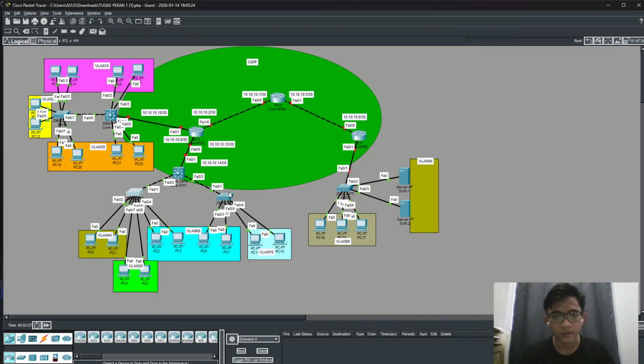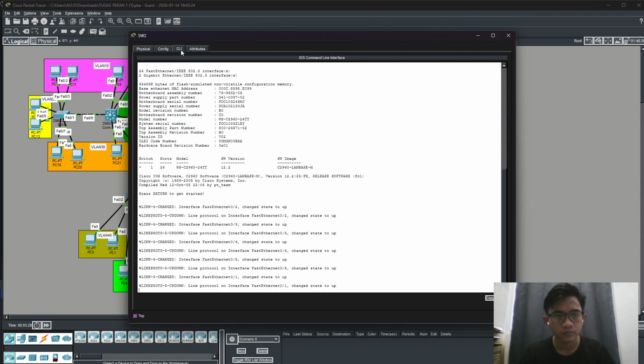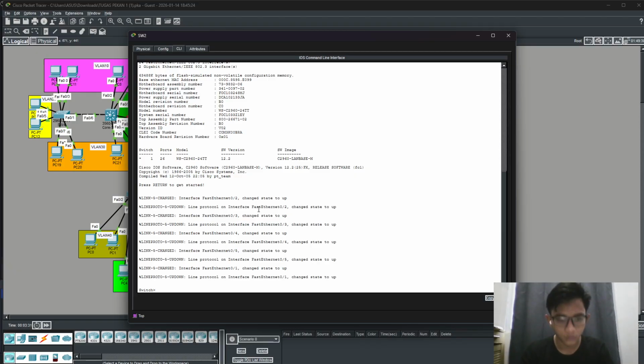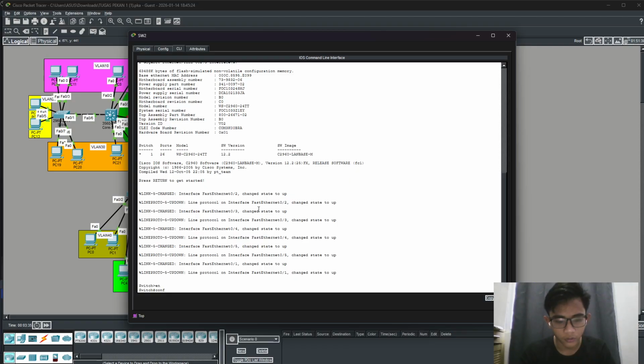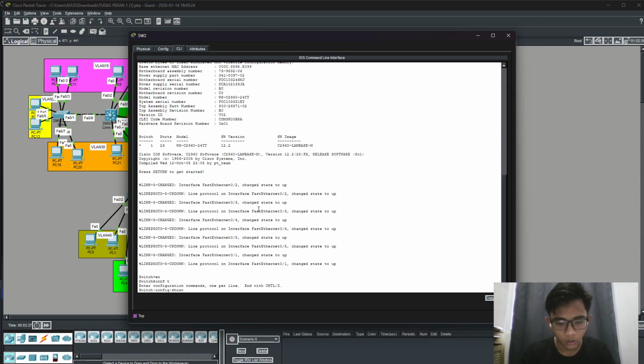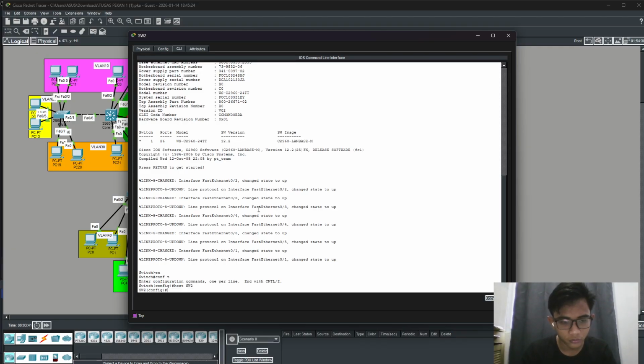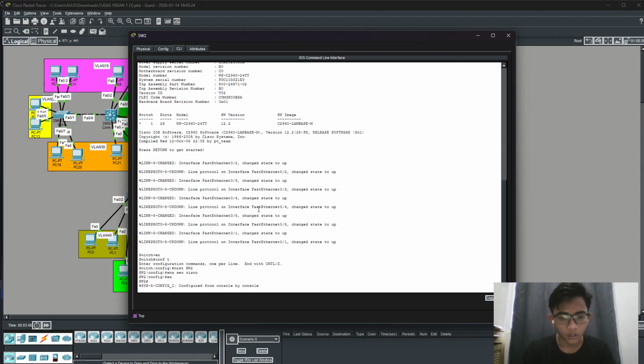Next is the switch here. Enable, configuration terminal. Hostname is SW2, and enable secret is Cisco. Okay, exit.